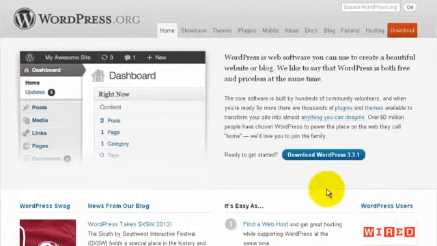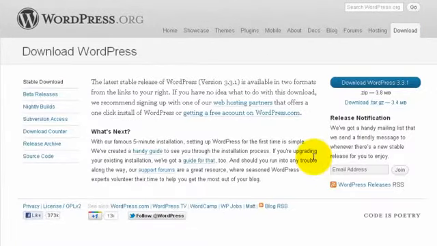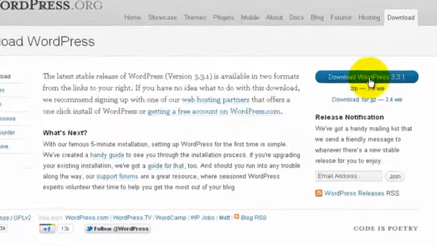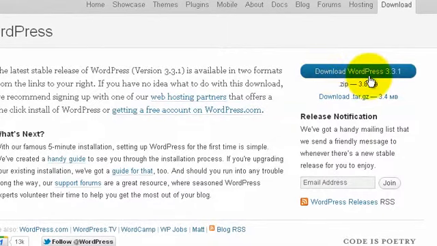and right on the front page you would see a link for download WordPress, and the latest version will be stated here. So click on this button and you can read the release notes if you want. Then click on download WordPress version. Okay, so this default download gives you a zip file. However, you can also optionally download a different format of compression over here, but in most cases I think a zip file would do. So click on download WordPress,